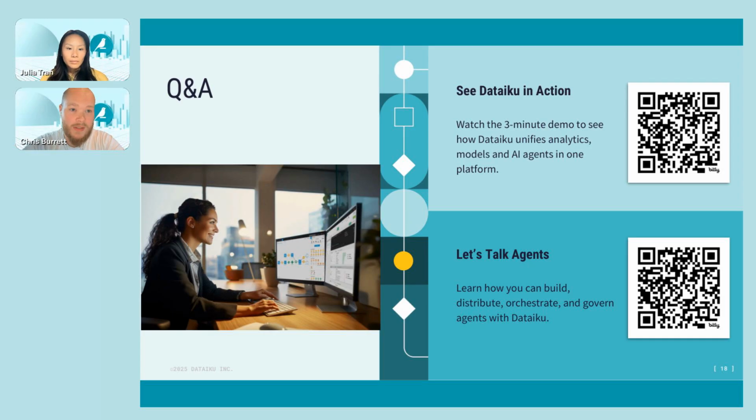So Dataiku, from the very start, has been a platform that believes in democratizing analytics, data science, and now, of course, agentic AI as well. I think it's always been important to be able to bring in diverse sets of skills, but also backgrounds into a single project to be able to get the most results from doing that work. I mean, there have been many studies that have proven this. So that's really the philosophy.